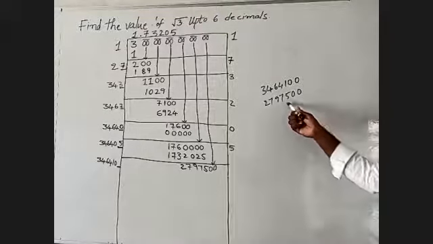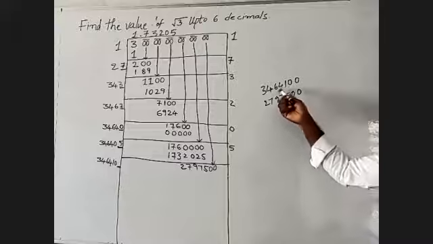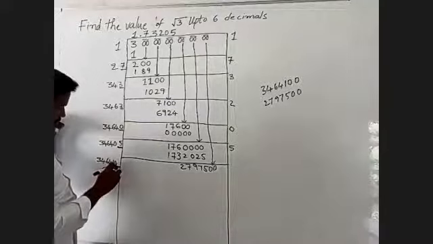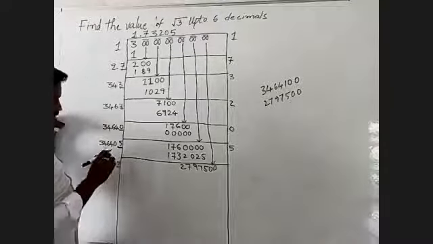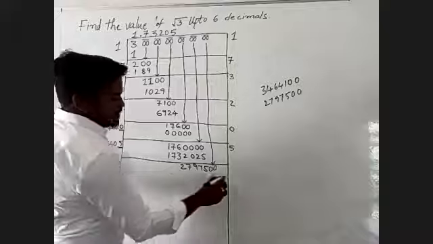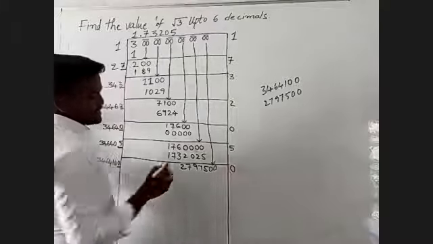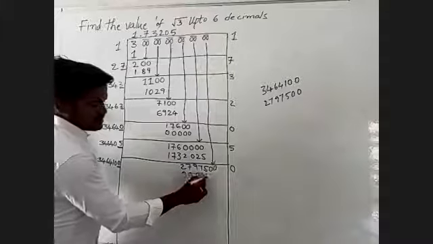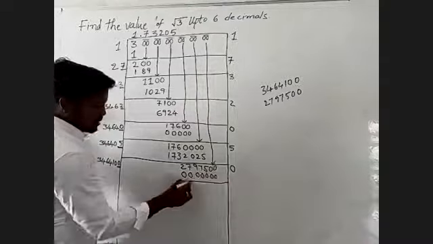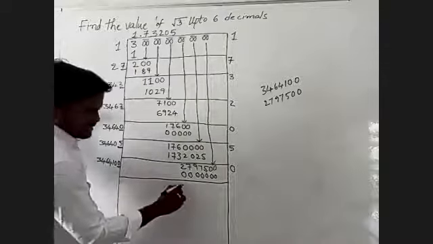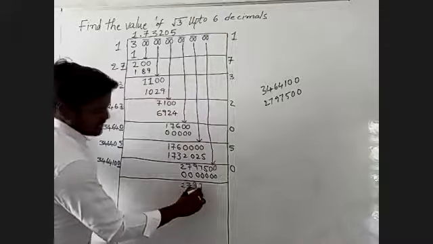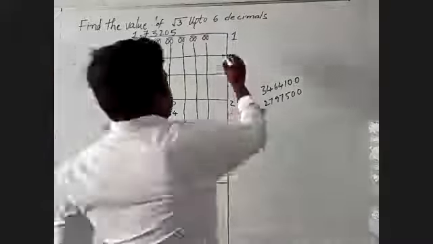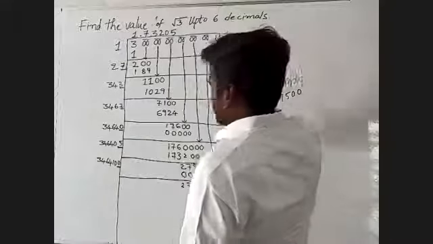This value is very low compared to this number, so the units place will become 0. Units place will become 0, which means this entire equation can be multiplied by 0. Thus the given value is 0, 0, 0, 0. We have to subtract that one. Then the remaining term is 2797,500. Hence the problem is not completed, so I will take the remaining two zeros also.